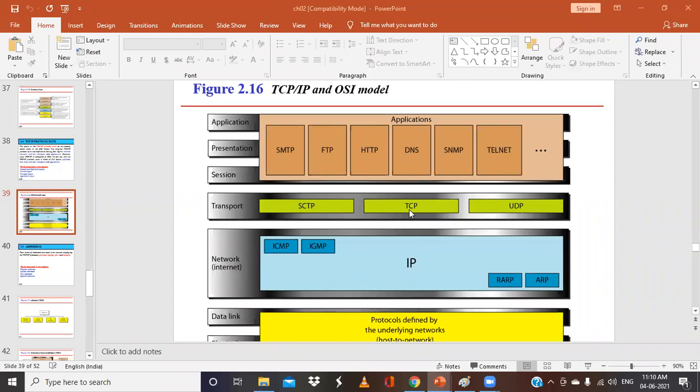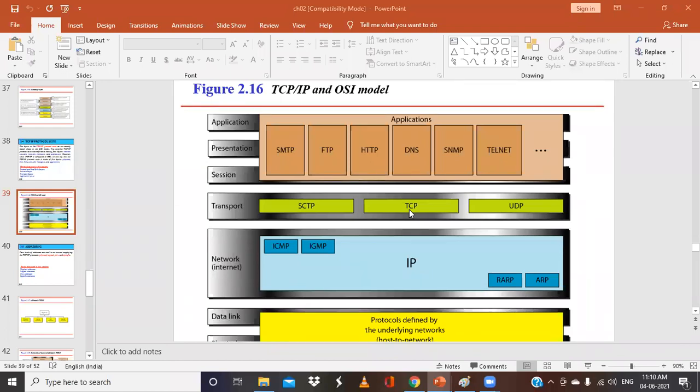So basically, its task is to put a sequence number on all these data segments and send them from the source machine to the destination machine with a connection oriented approach. And when these segments are received at the destination machine, it again checks for the proper sequence number, whether we are receiving the segments in the proper order or not. If the data segments are shuffled, reordering should take place among them so that we have the data in the proper format as the source machine has sent it.